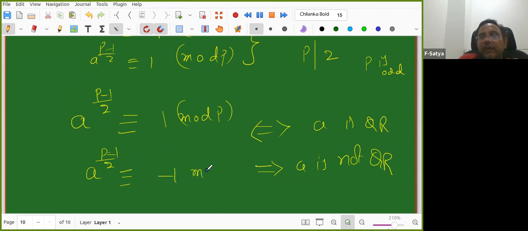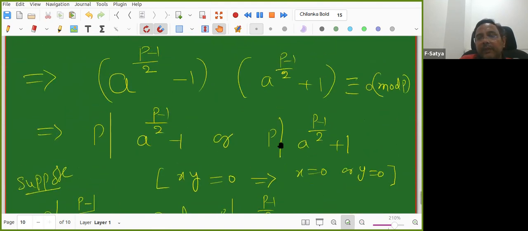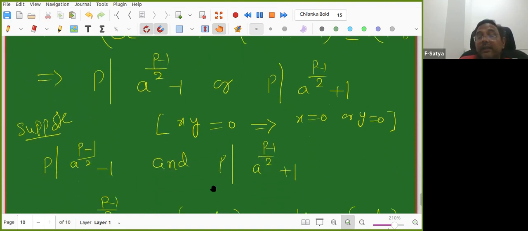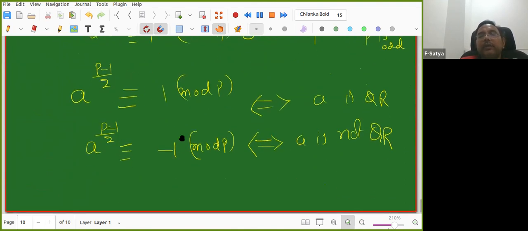So we have another beautiful thing coming from this. Not only that if a is not a quadratic residue then it is not congruent to 1, that much only; we did a little exploration here. That helped me see that a power (p minus 1)/2 is always 1 or minus 1. That we did, and exactly one of them will happen. So from that we conclude this. Euler's criterion is helping to get these things.